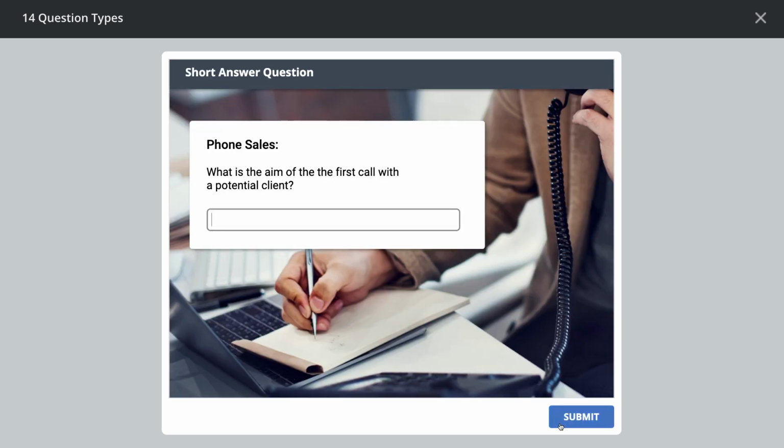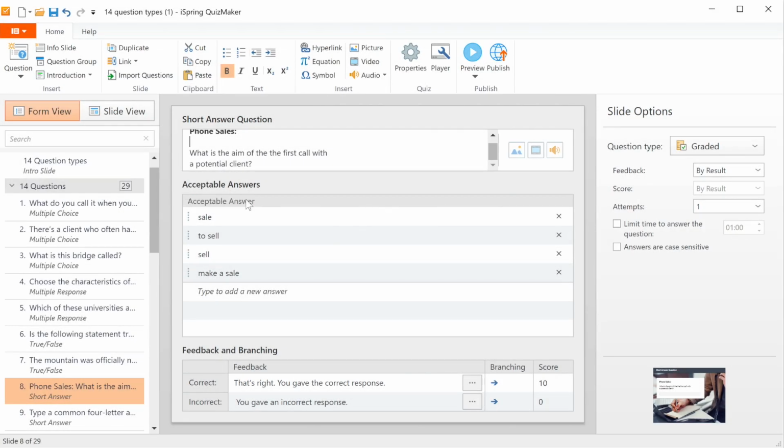Now we'll dig into the short answer question type. In this question type, users enter answers by themselves. This format is better if you're looking for mastery without suggesting answer options and requires that learners actually know the correct answer. Don't forget to add answer options that take into consideration possible typos, abbreviations, and other spelling variants that